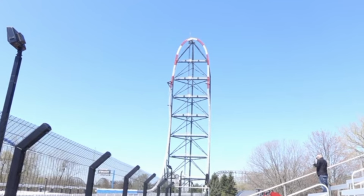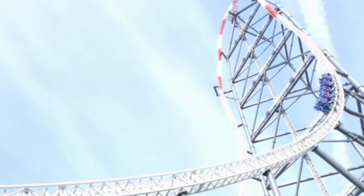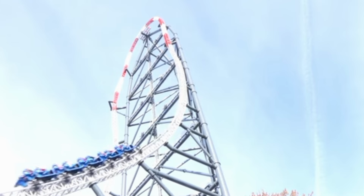It's a little shaky when exiting the launch track and entering into the top hat, but it's nothing that ruins the ride experience. After the first launch, you roll back down the top hat, which does not do much in terms of forces, but it's an interesting experience. But then you enter into the wildest part of the ride, the backwards launch at 101 miles an hour, which is like nothing else in the world, before entering into the spike, which gives a nice feeling of weightlessness in the back row,